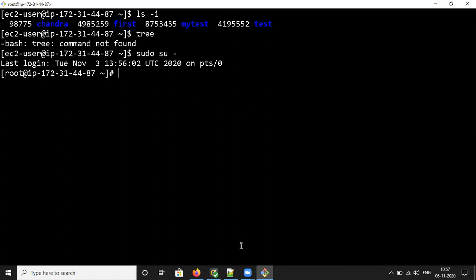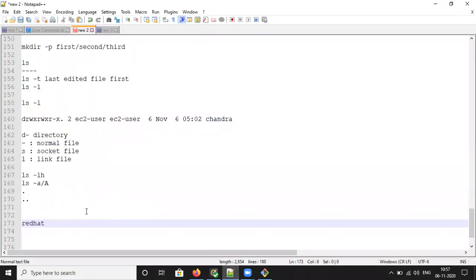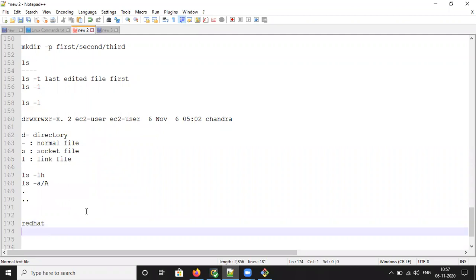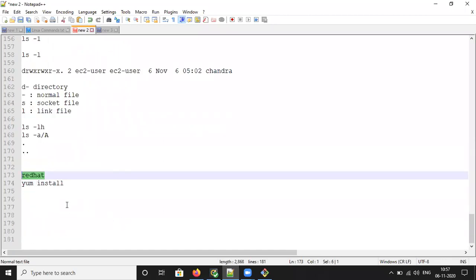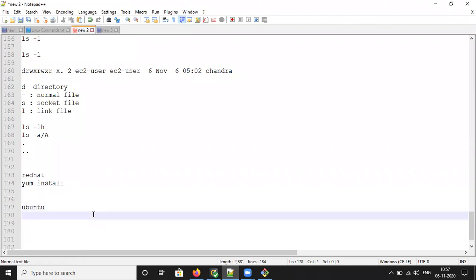So basically I'm using Red Hat Enterprise Linux. In Red Hat Enterprise Linux, you have to use the yum install option because it is the Red Hat one. In case of Ubuntu, that is different.